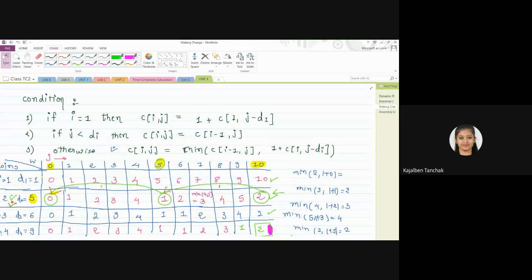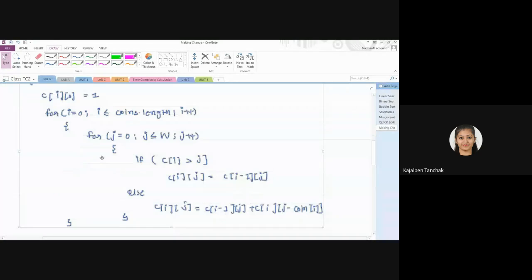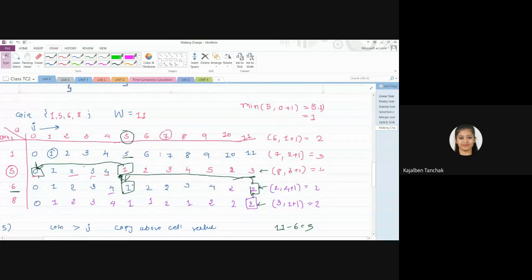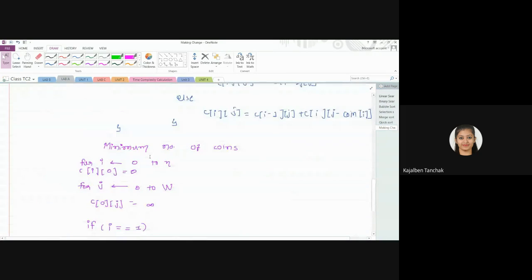Now you just see, in some of the examples, the coin value will not be given as 1. If it is given as 1, then what will happen? You can simply add the previous values, right? But if the coin value is 2, then how will we calculate? So for that reason we have to follow the algorithm, right? Okay, so let us take the example. We will take the example of 1, 5, 6, 8 and the value is what? 11. Okay. So I will take the coin.